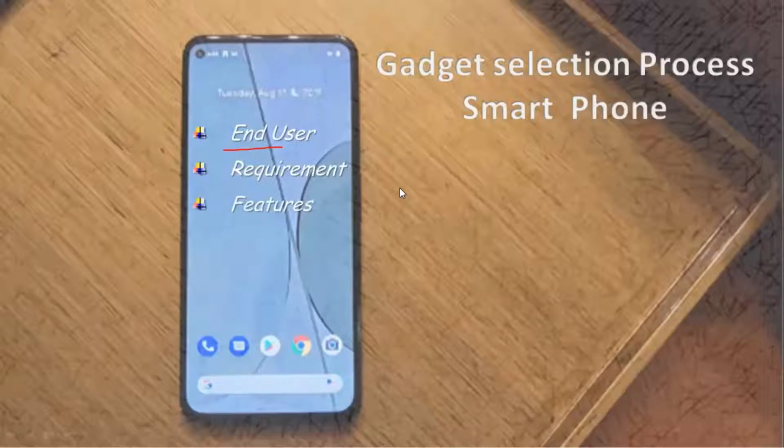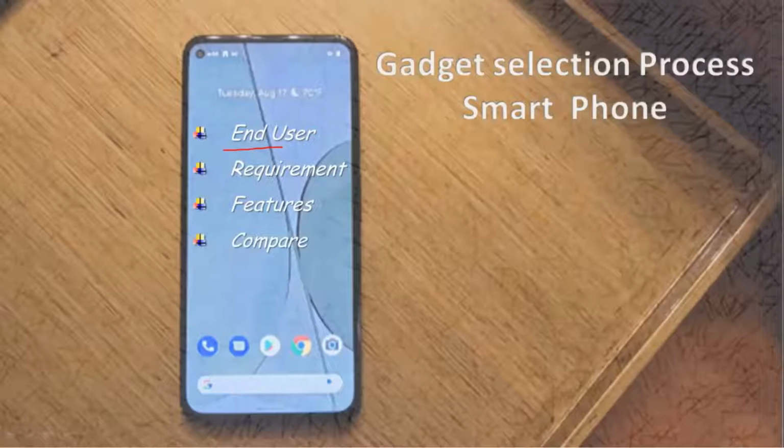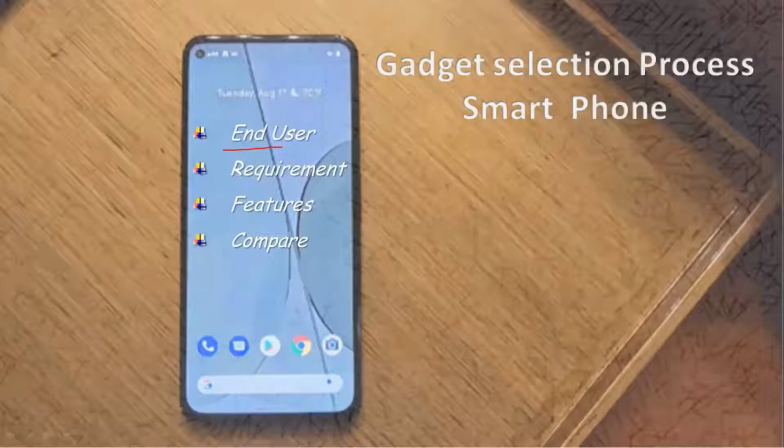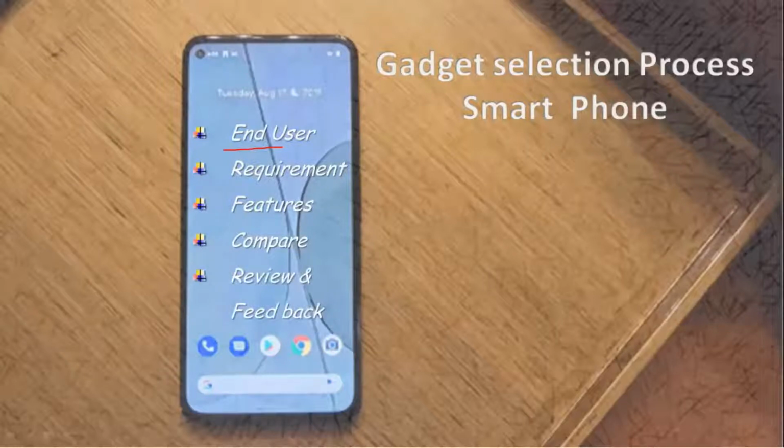With respect to that, we do not directly go and buy the mobile. Here what we need to check is a comparison. We compare the different models and brands with respect to the same specification and same cost, and check which is compatible for us, and shortlist some of them. Even after shortlisting we do not directly buy; we check the review feedback in that particular segment.